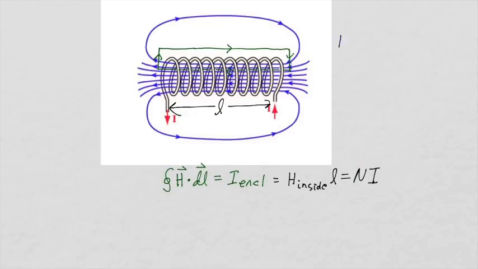So inside the coil, the magnetic field intensity is the number of turns times the current that's flowing in the coil divided by the length, and the magnetic field intensity outside is very weak, except